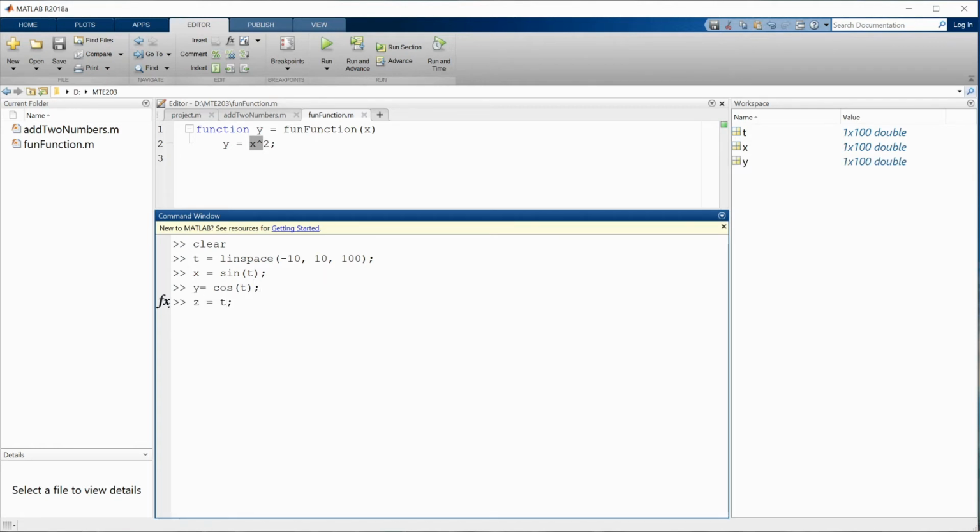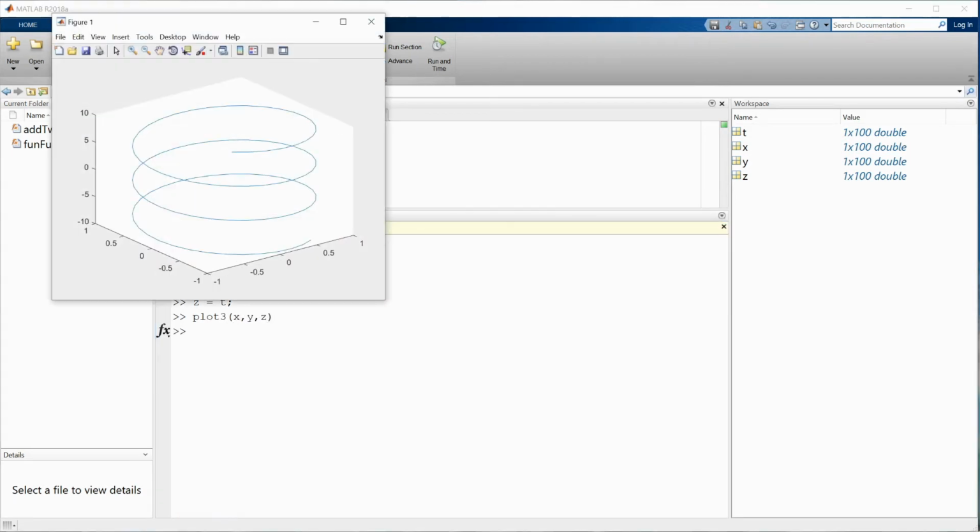So this is a parametric form of the curve equation, right? So we have x, y, and z. This will be similar to a circle. However, this circle is gradually growing along the z-axis. We can plot it with this command called plot3. So this is plotting in 3D, x, y, and z. Here we have this nice